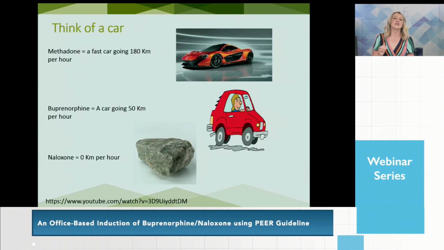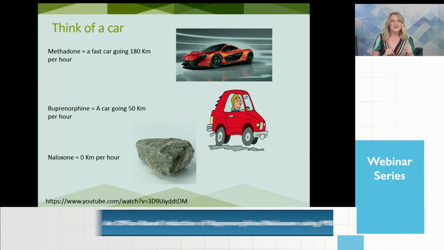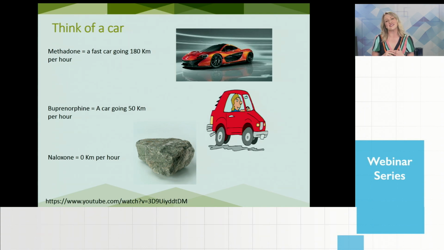I'd like to take a minute to just talk a little bit about an antagonist versus an agonist, a full agonist versus a partial agonist versus an antagonist, because sometimes that concept can be confusing, and it's an important thing to kind of get a grasp on so that you understand why starting Suboxone has a bit of a trick to it. And so when we're talking about a full agonist, I have methadone on the slide, but that could certainly be morphine or fentanyl or heroin or anything that activates the mu receptor fully.